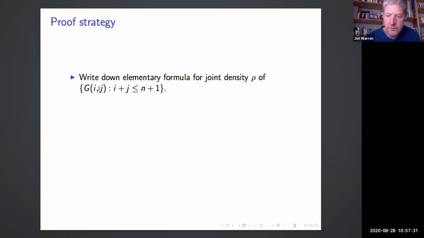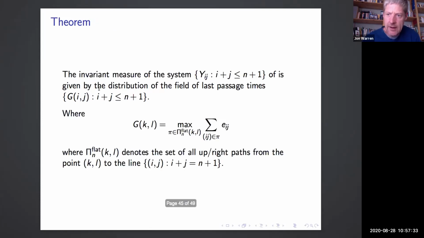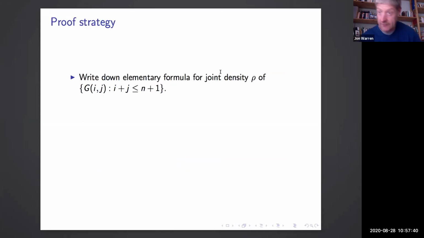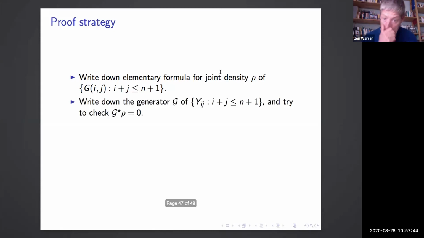So you end up with a very elementary formula for the proposed invariant measure of this system of reflected Brownian motions. So you just have to check that that formula is invariant for the dynamics you've described. So you write down the generator. Well, I pretty well have written down the generator because I wrote down all those SDEs. And then you try to check that the adjoint of that generator applied to this formula you've written down for the joint density of the G's